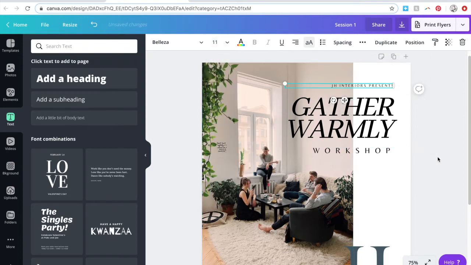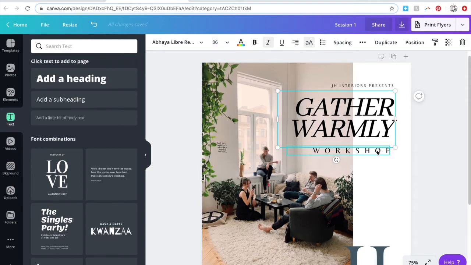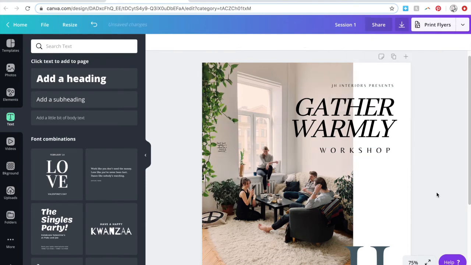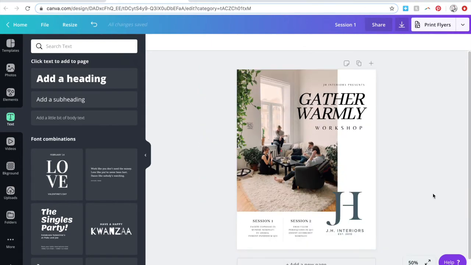So I really love the photo. This font is delicate enough that it still shows through considerably, but I want to make sure that the focus is on the image. And we're starting to look good, but we still need to introduce more text, the large body text. And this is where we can start to